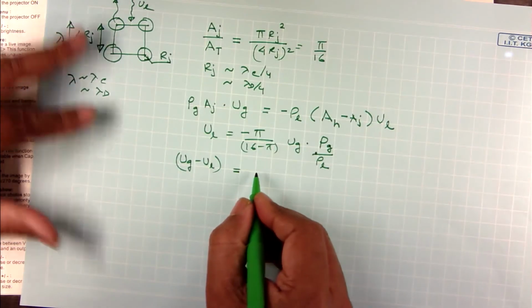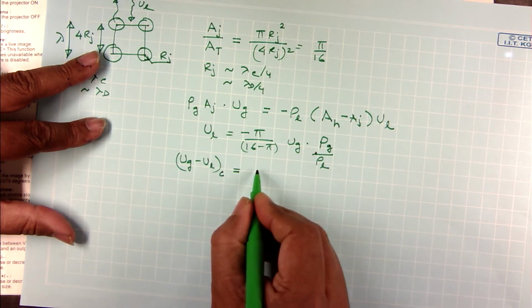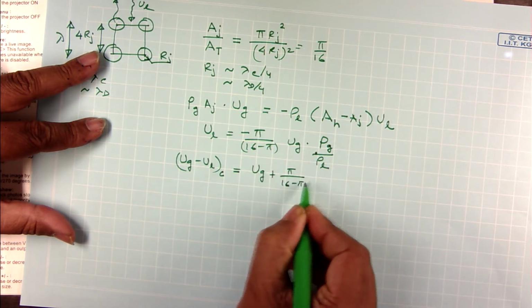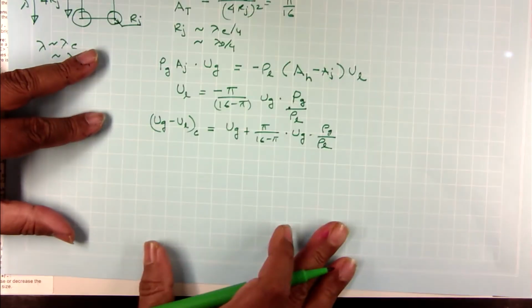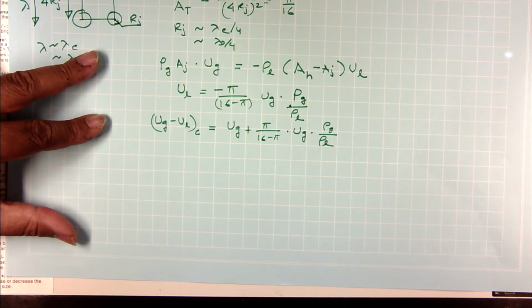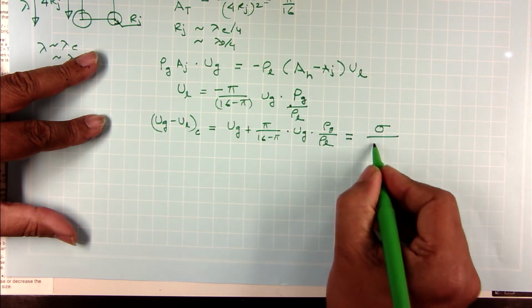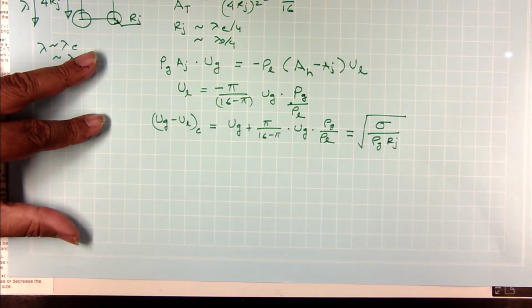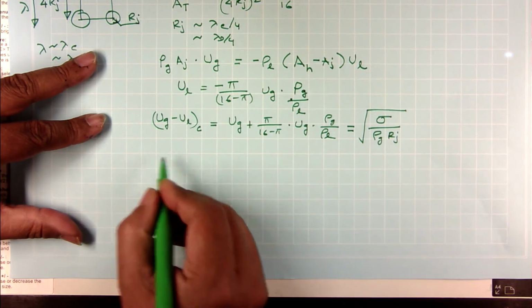And so then your UG minus UL becomes equal to the critical value, that becomes equal to UG plus pi divided by 16 minus pi times UG times rho G by rho L. Okay. And so, if I substitute it in my instability theory equation, that should be equal to 16 divided by rho G times radius of the jet, the whole square root. Or in other words, my Q max